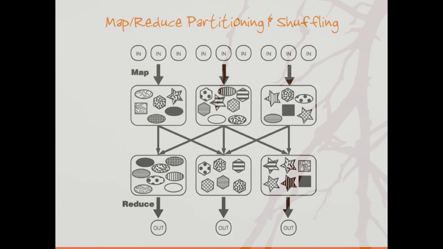That's not true. It may be that you have 1,000 mappers and 500 reducers or something like that. So when all the mappers get done, the framework says, okay, what keys go to which reducers? It does that by default just by hashing the key, called a hashing partition scheme. You can see that all the ovals ended up on this reducer, all the hexagons ended up on this second reducer, and note also that the stars and the squares ended up on the third reducer, which shows